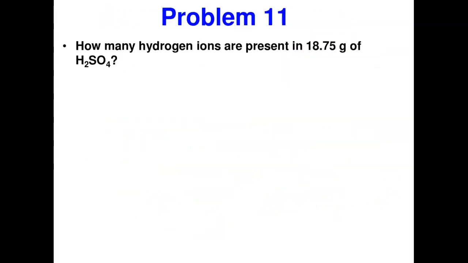So again, remember, I told you the Avogadro's number can be applied to any specified entity, not just the mole or the mass. If you look at this problem now, it says how many hydrogen ions are present in 8.75 grams of sulfuric acid. That's what we know. Since we're talking about the mass and the number of hydrogen ions,